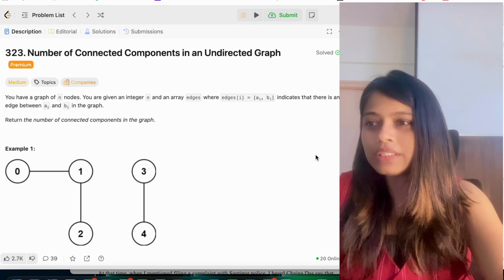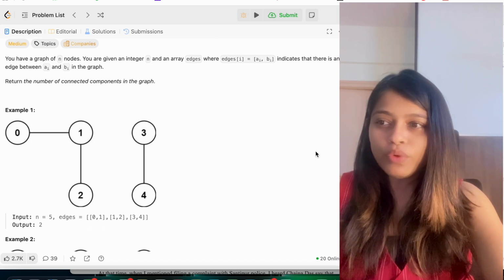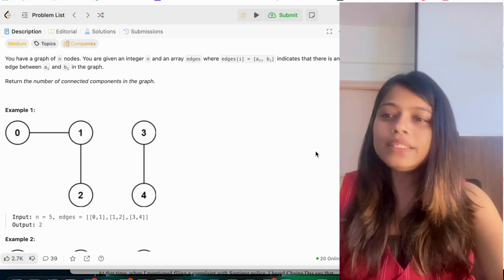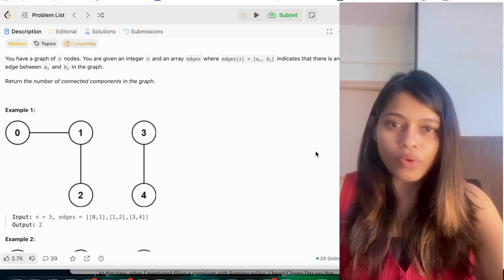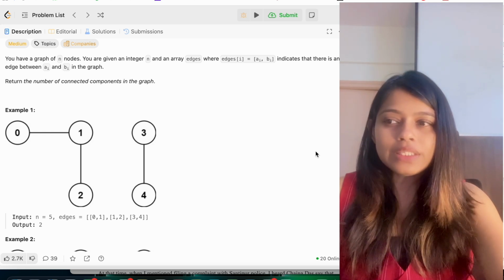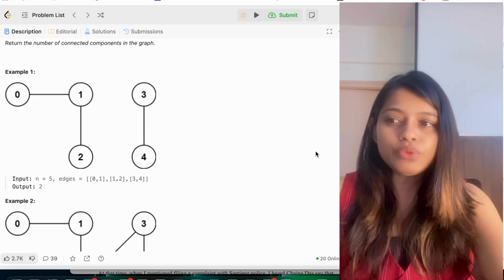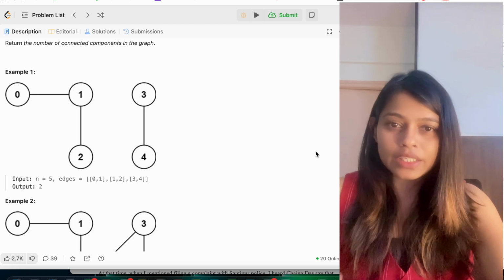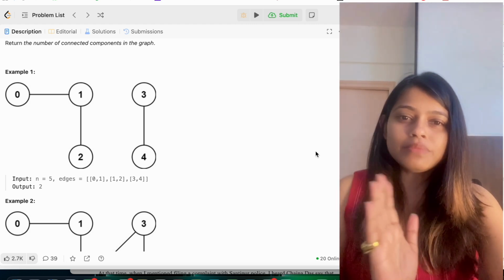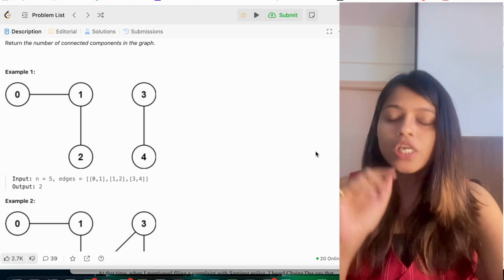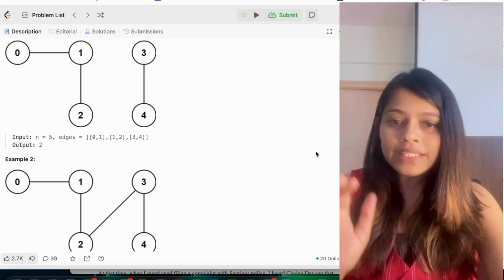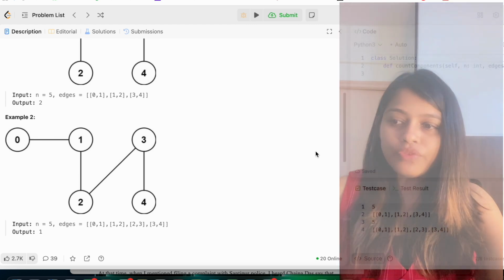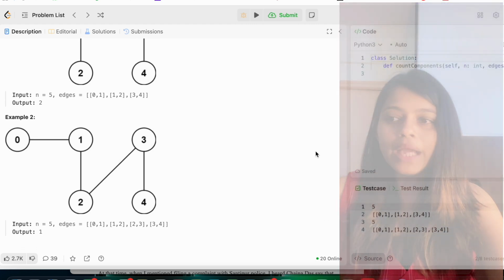So let's see this example here. We have 5 nodes 0, 1, 2, 3, 4 and these are the edges from 0 to 1, 1 to 2 and 3 to 4. So clearly we can see 0, 1, 2 come in one connected component and 3 and 4 come in a different connected component. So there are two connected components. In the next example, there are also 5 nodes here, but there is only one connected component because